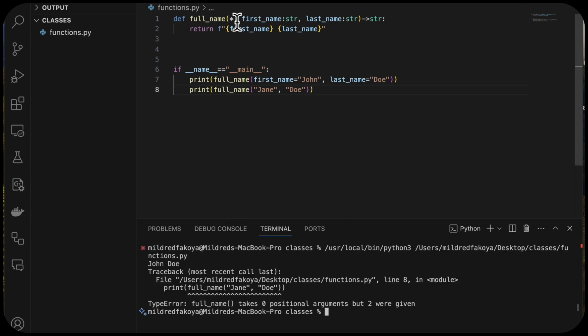So we have this first one, which says the full name takes 0 positional arguments, but 2 were given, and that is for this second one. What this does is specify that the function can have only keyword arguments, so we add this here. Which means that whenever this function is called, there must be a keyword before the name. You shouldn't print like this without the keyword argument. So whenever we want to specify that the function must use a keyword argument, we put an asterisk before the